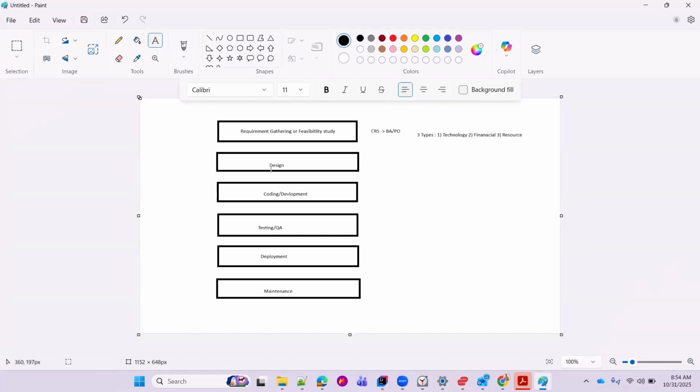Okay, so the next one is design. Design means after the feasibility study, if everything is okay, the design team will provide the mock designs showing how the product looks after completion of the project. Once Ramesh or the customer approves the design, the coding is going to be started. Once the coding and development are completed, the testing phase will come into the picture,